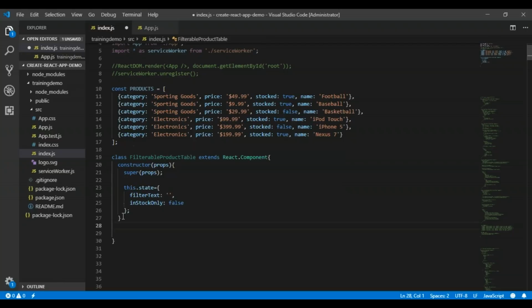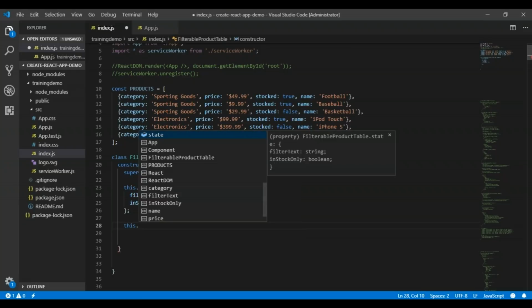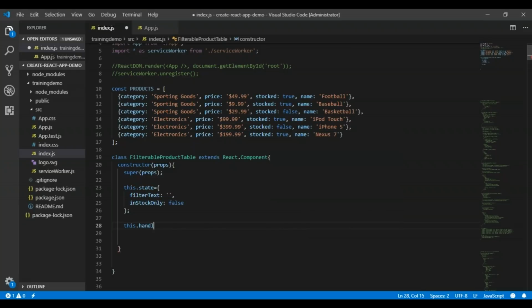Now, what are the different methods which I want to bind? For example, this.handleFilterTextChange. This is just the name of the event. I have to bind it to the class. So I will say this.handleFilterTextChange.bind(this).